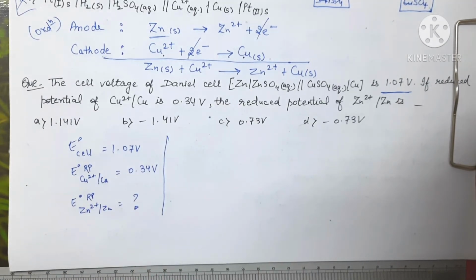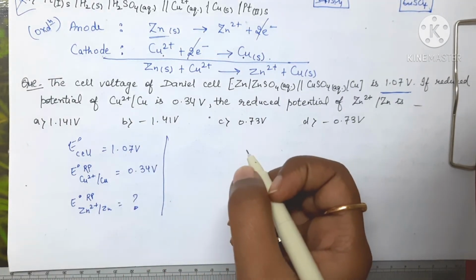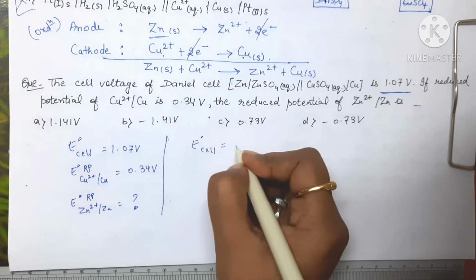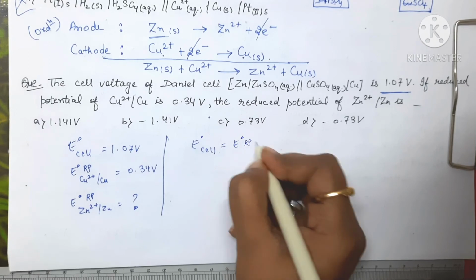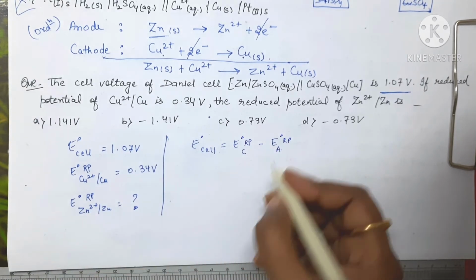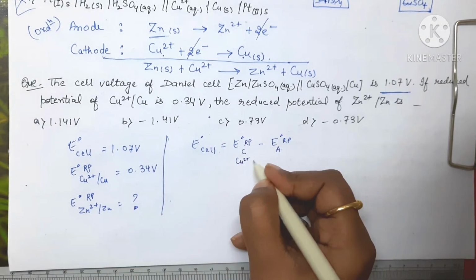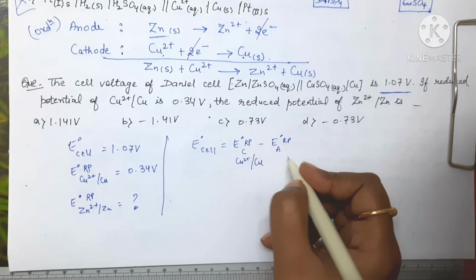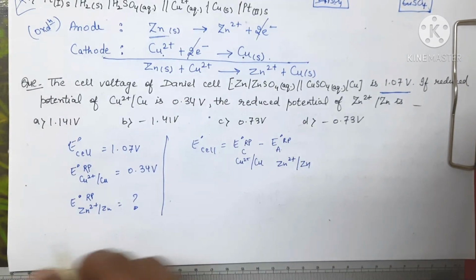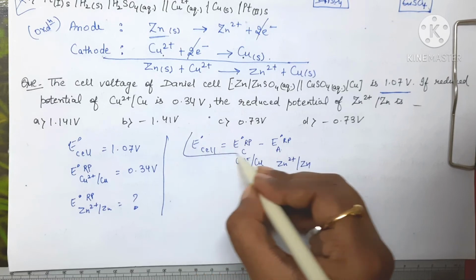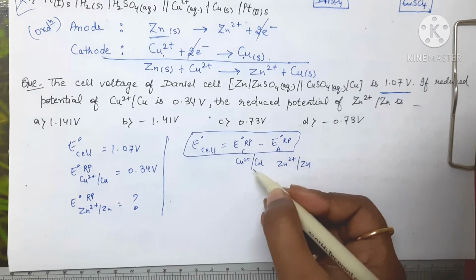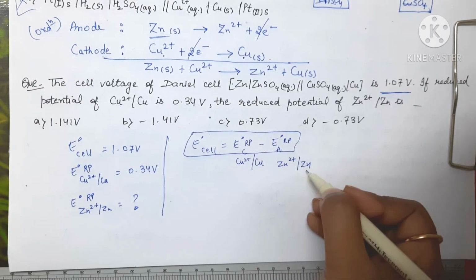Okay, so this is so far about the question. So now how to solve this? See, E° of cell, we know that will be equal to E° standard reduction potential of cathode minus E° reduction potential of anode. So at cathode, what is happening? Cu2+ is changing to copper, and for anode, Zn2+ will be changing to Zn. I hope this one is clear to you. This is a standard formula in terms of reduction potential. So at cathode this will be happening, and at anode this will be happening, right?